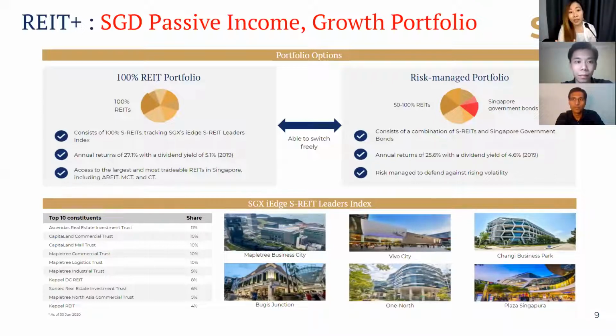And you guys have built the REIT Plus portfolio based on what SGX has in the iShares, and it has that exposure to Singapore REITs across. You can see the names over there, and these are actually pretty decent. Even if one goes down and is badly affected, say for example, Suntec is affected because of COVID-19, can't really do as many events as before, you still have some of your other REITs in there that are still doing fairly decently, right? Like your Ascendas has not been hit that badly, and overall it helps to reduce your potential risk and losses. Of course, then you could argue the contrary is also true.